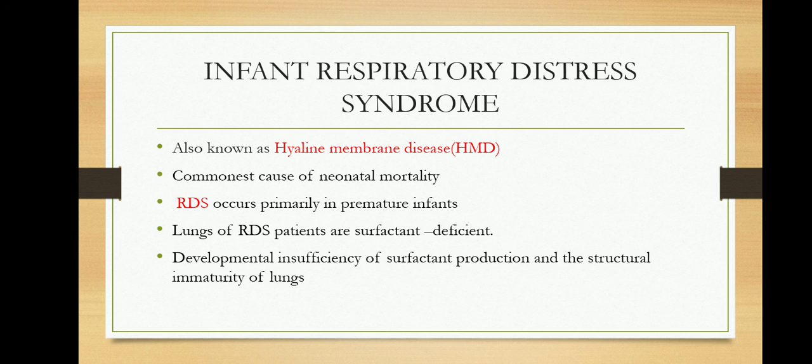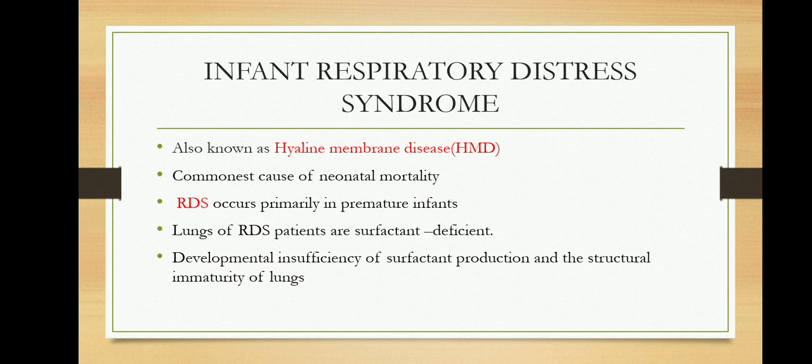Neonatal respiratory distress syndrome is more common in premature babies born 6 weeks or more before their due date. It usually develops within the first 24 hours after birth. Their lungs are surfactant deficient. Surfactant deficient means